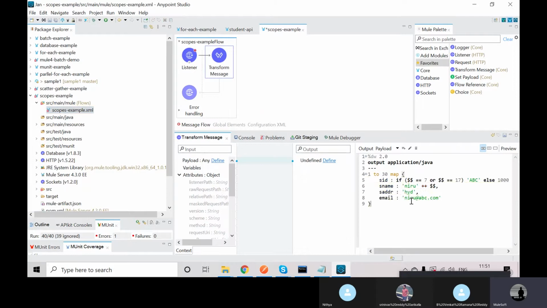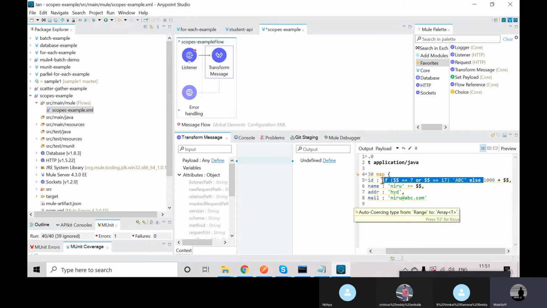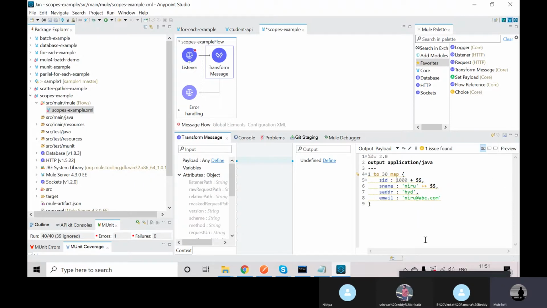In this way I can insert 30 records. I'll remove this anyway and add it later. Control X. Now you can see these are my 30 records.